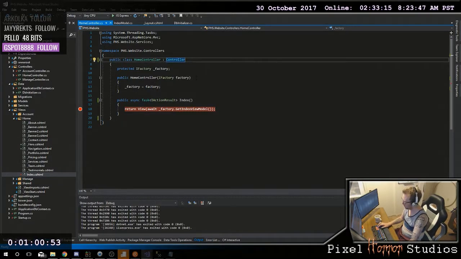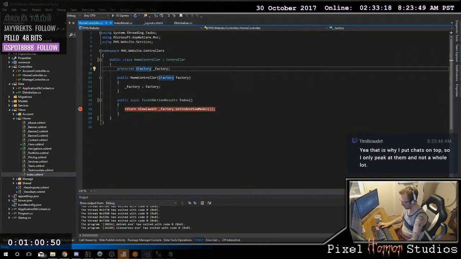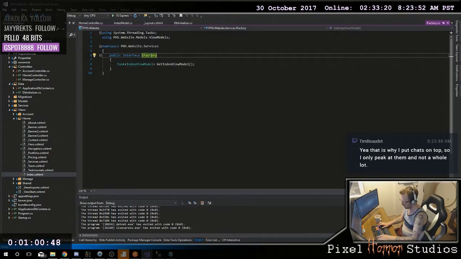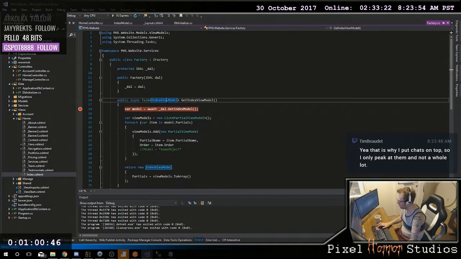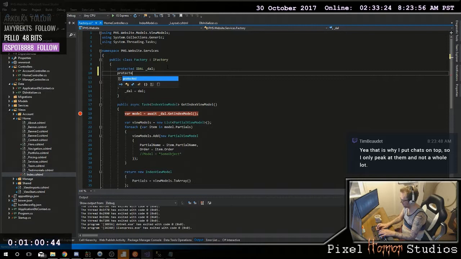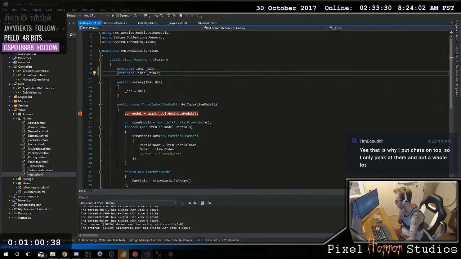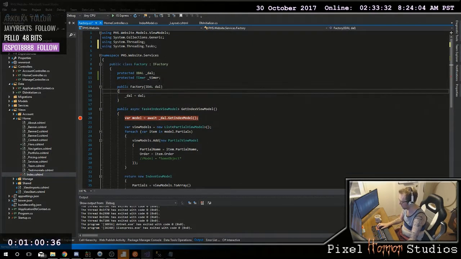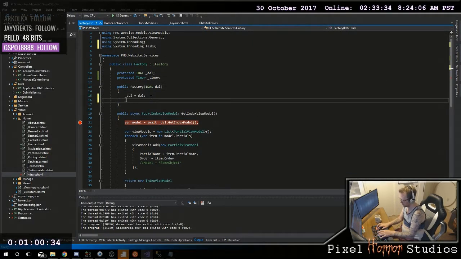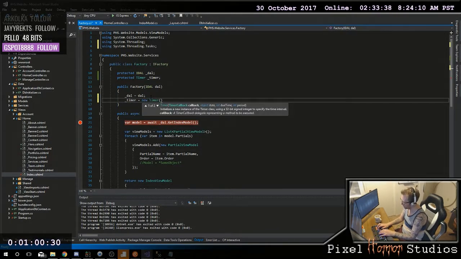So what I want to do is add a static cache in here in my iFactory. The way that I do this is there's two pieces. The first is that I'm going to have an asynchronous timer called timer. If I had multiple timers running, I could just use one, but I don't. Now here I could just do a timer equals new timer, which is going to have a callback, which is a